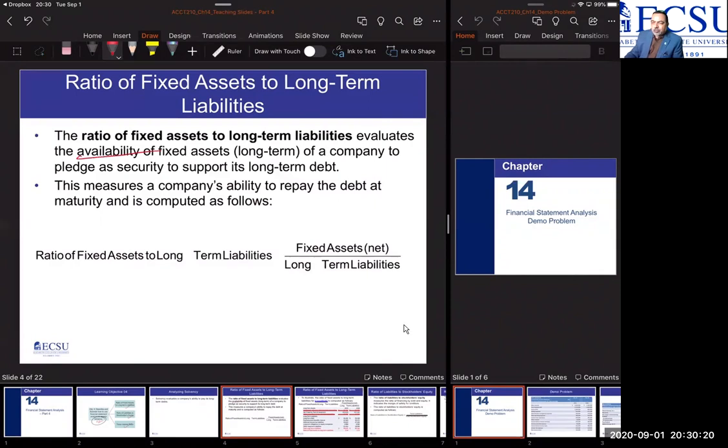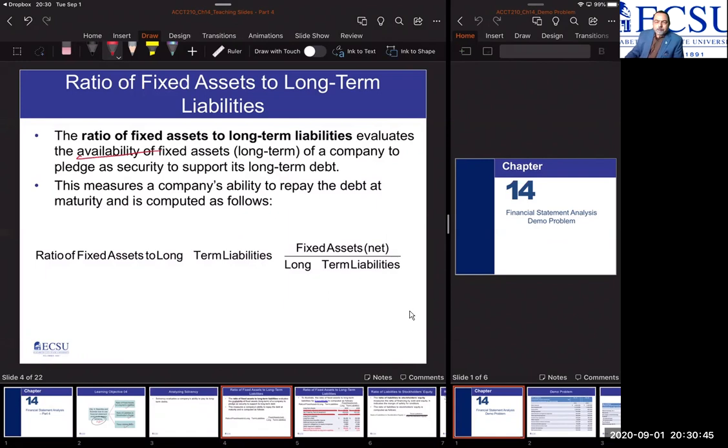So whenever you want to borrow money from the bank or any financial institution, they will be asking what you have for security. If you have more long-term assets or fixed assets, then possibly they will be able to finance that loan. So that's why we consider this as an important